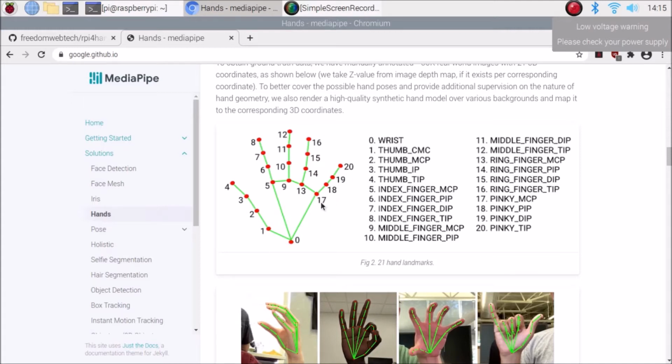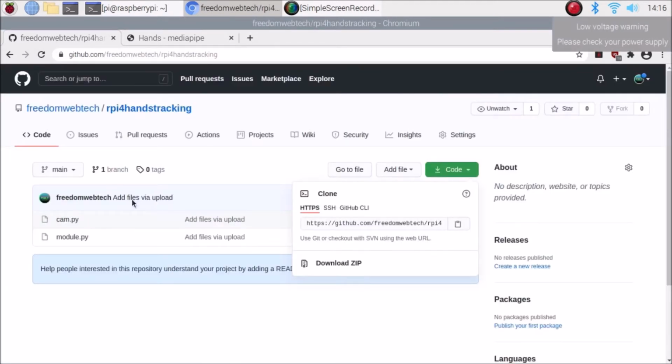But the main thing is, when you want to create something, like I have created here an on-off virtual switch, you need to access these points individually. For that we need to create our own function which helps us get the coordinates. So I have created a function here which will really help you get each coordinate separately, with its ID.